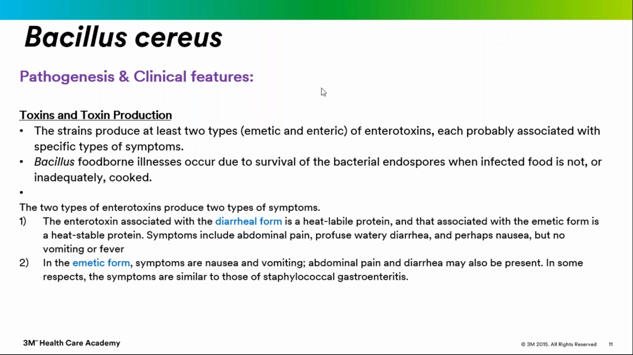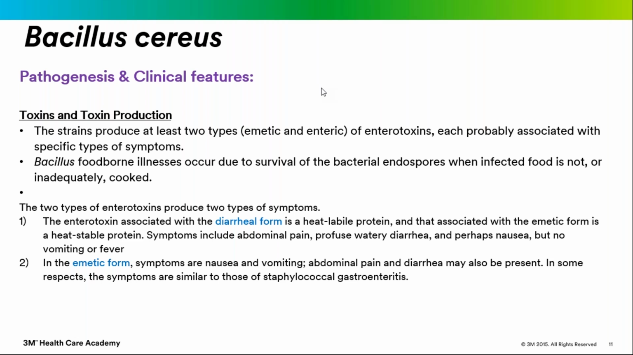The strains produce at least two types of toxins, emetic and enteric enterotoxins, each probably associated with specific types of symptoms. Bacillus foodborne illnesses occur due to survival of the bacterial endospores when infected food is not or inadequately cooked. The two types of enterotoxins produce two types of symptoms. The enterotoxin associated with the diarrheal form is a heat labile protein, and that associated with the emetic form is